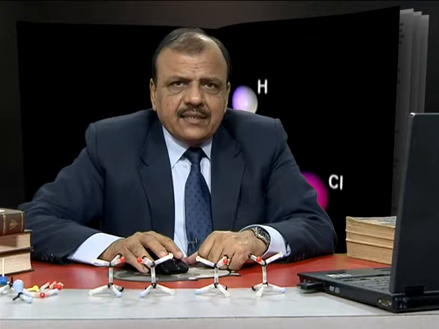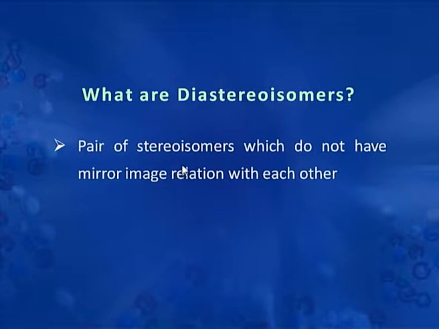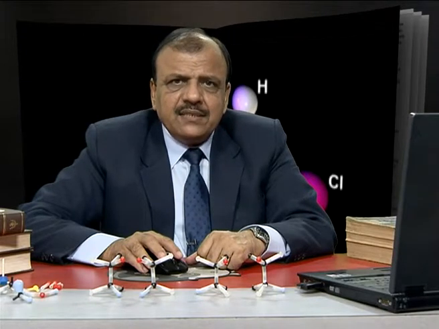diastereoisomers. Diastereoisomers are defined like this, that they are the pair of stereoisomers which do not have mirror image relation with each other. So for any compound we can have different stereoisomers and we can distinguish them as enantiomers or diastereoisomers. Enantiomers are the pair which are mirror image of each other and non-superimposable. Diastereoisomers are the pairs which do not have mirror image relationship, meaning they differ in the arrangement of groups in such a way that they do not form each other's